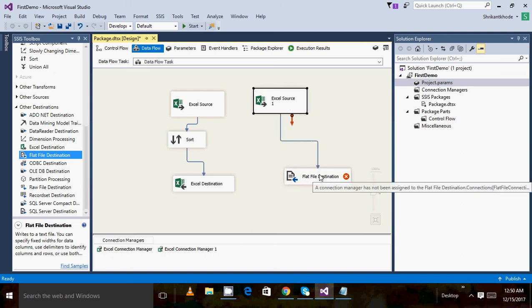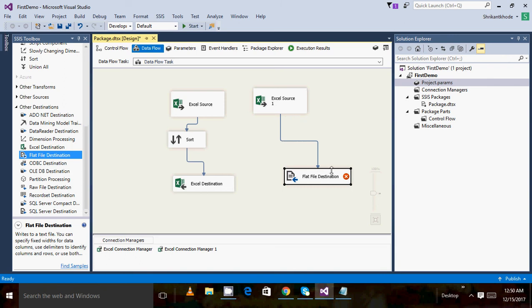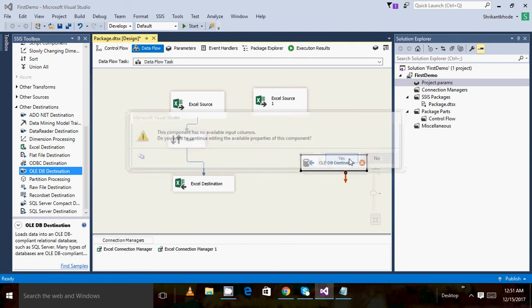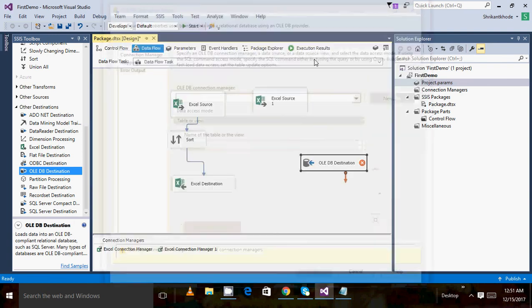Or simply we can think about a very interesting operation like loading data to the SQL server, right? So select, go for OLEDB connection in OLEDB. Okay, map it like this,